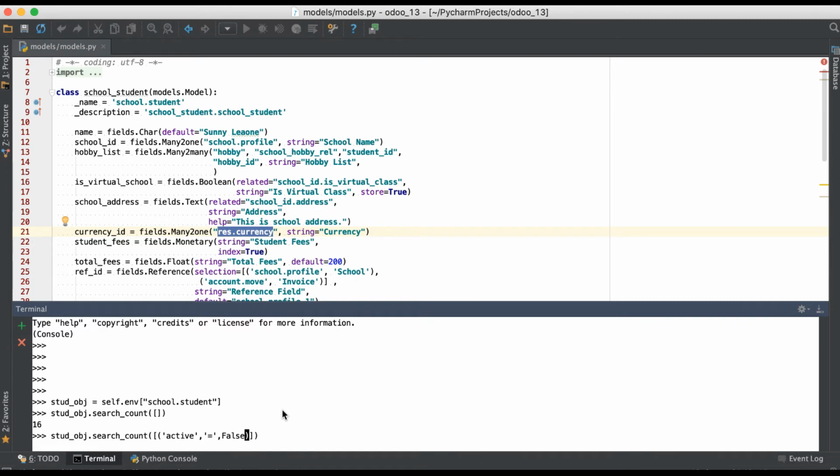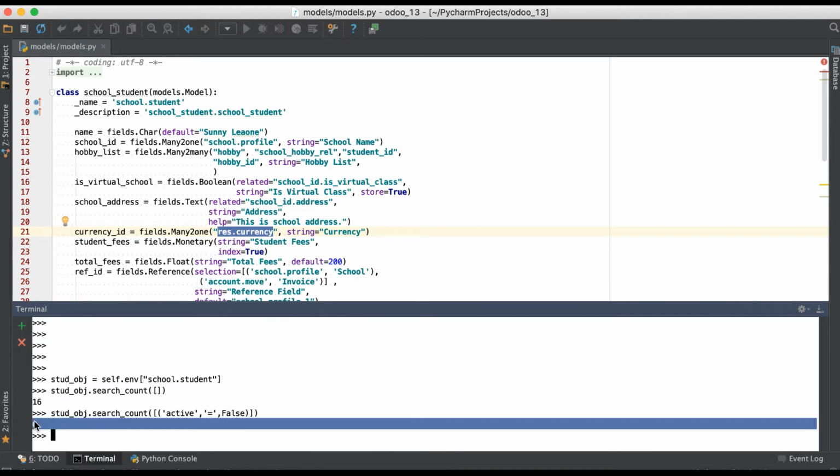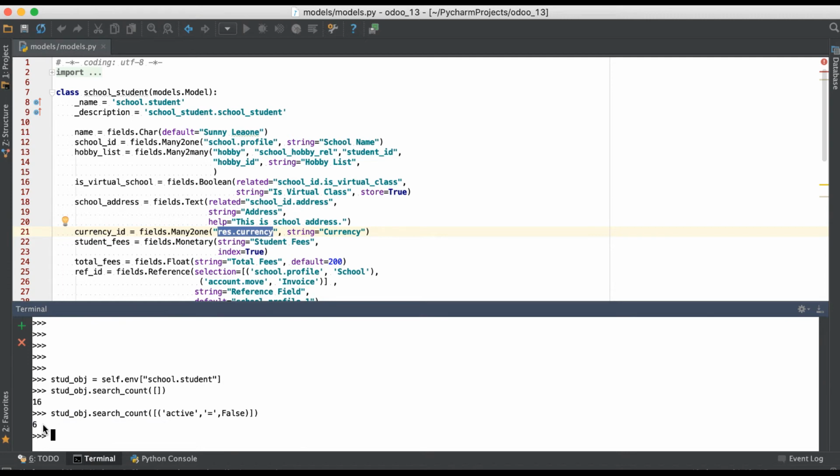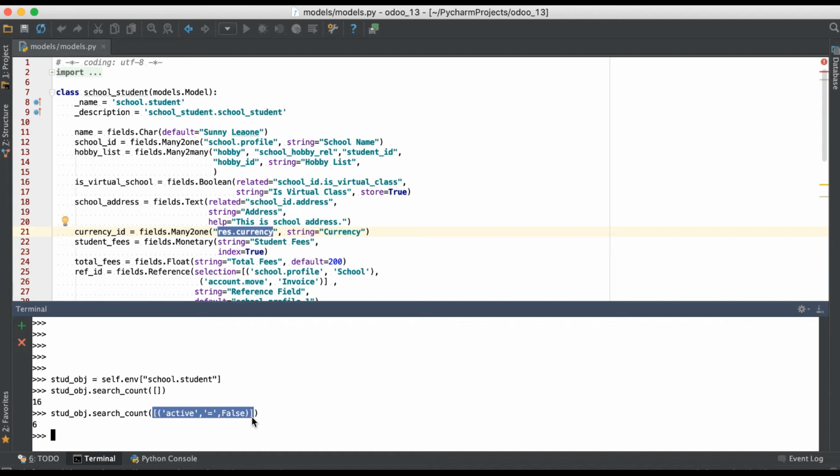So we will get the total number of records which are archived in this student model. It always gives an integer. You can see a total of 6 records are available in archived mode. With this method, you specify the search criteria, whatever you want, and it gives a return value as an integer.